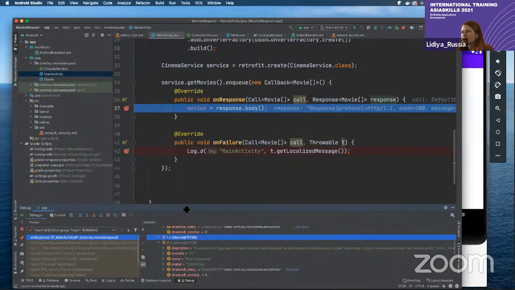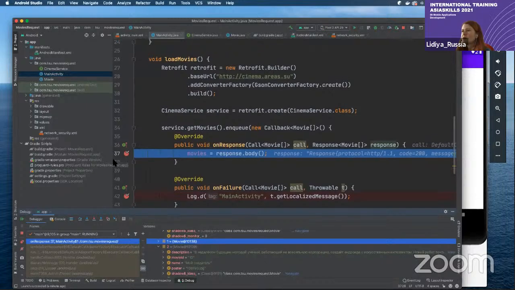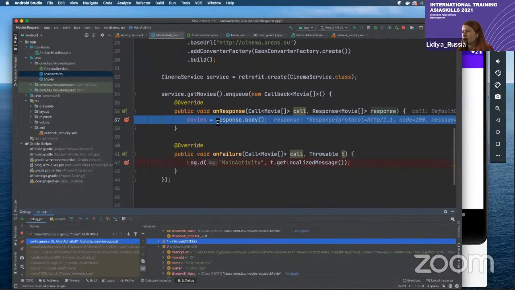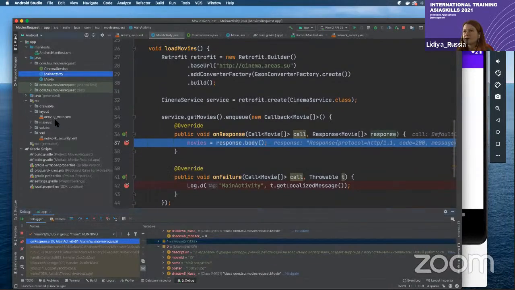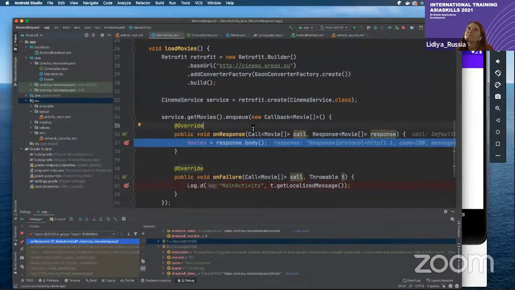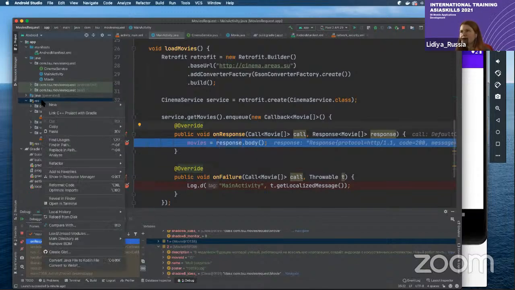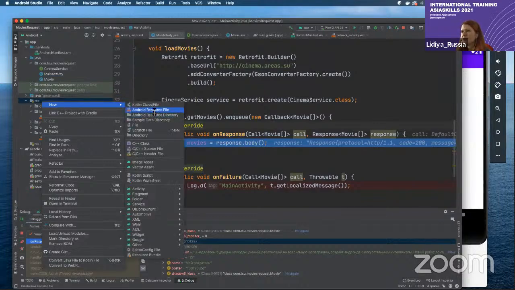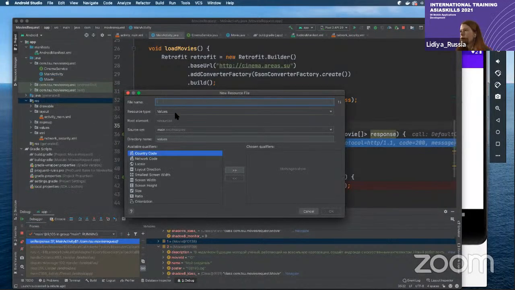Now it's necessary to create the recycler view. It's a dynamic table in Android, and let's do it. First of all, because I want to show a poster and two text views, I can't use the usual adapters and items for my recycler view. I need custom items and a custom adapter. And that's why I create a new